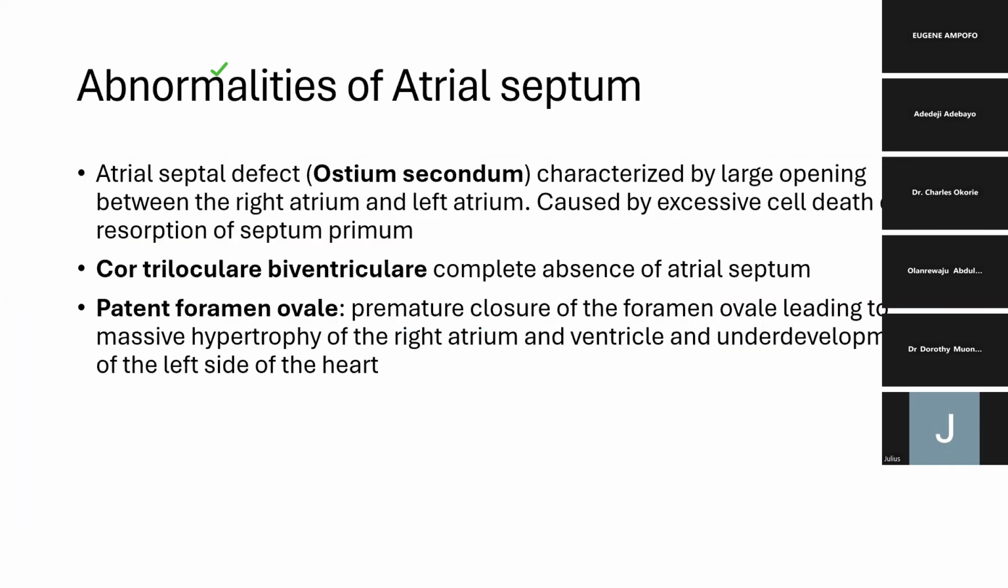Abnormalities of the atrial septum can lead to cor triloculare biventriculare, which means there is complete absence of the atrial septum. And again, we can have patent foramen ovale, which is the premature closure of the foramen ovale, leading to massive hypertrophy of the